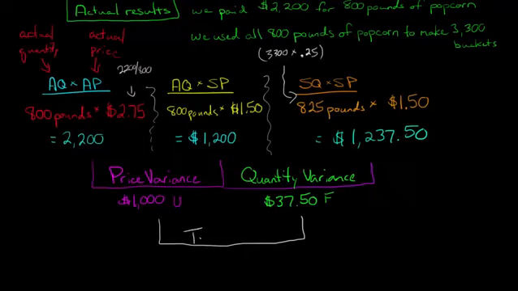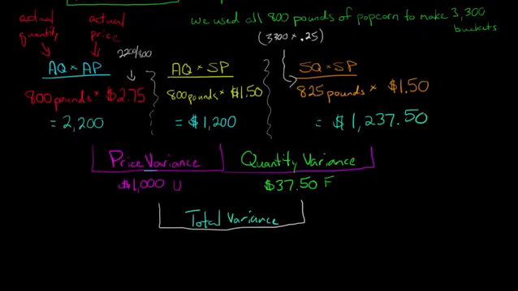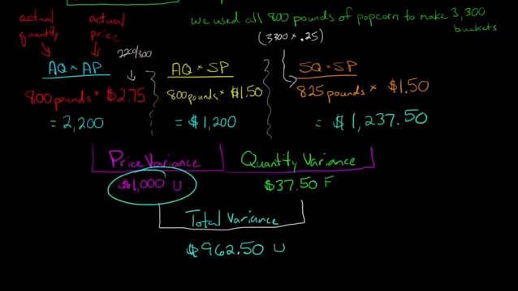The total variance is going to be, and now we just take the difference of these two amounts, $962.50, and that's going to be unfavorable because we got this $1,000 unfavorable, but it's offset a little bit by this favorable. So now let's take a step back. We've got a